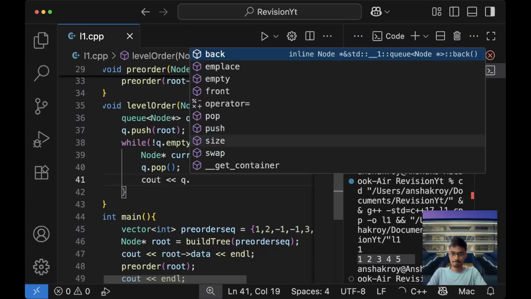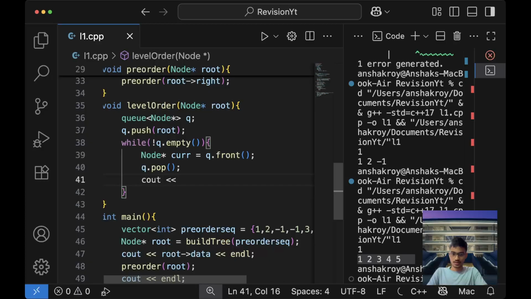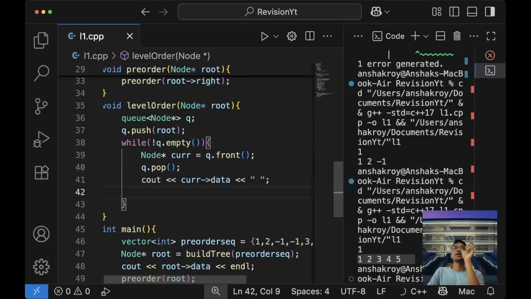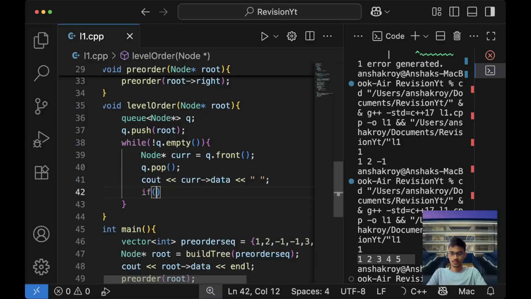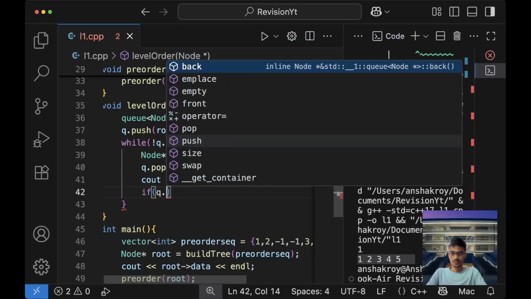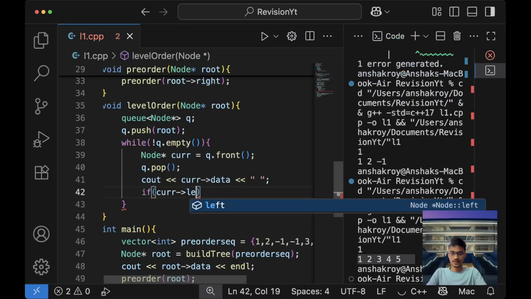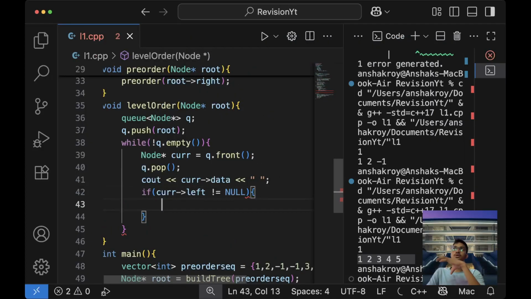Q dot, sorry, current's data. We have printed the current's data, then we have popped it, and then we have printed that thing. Now we have to move to the left part. If current's left is not null, if current's left part is not null, then